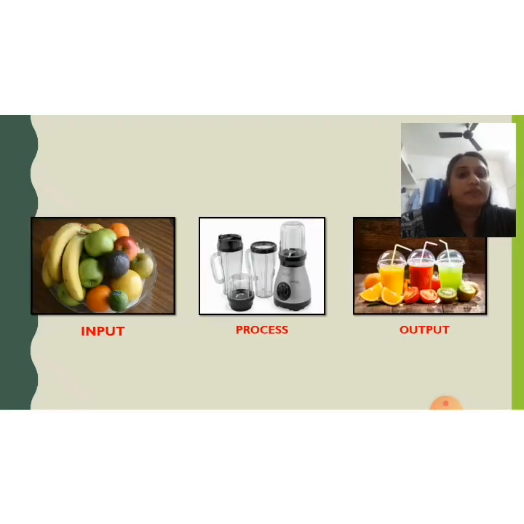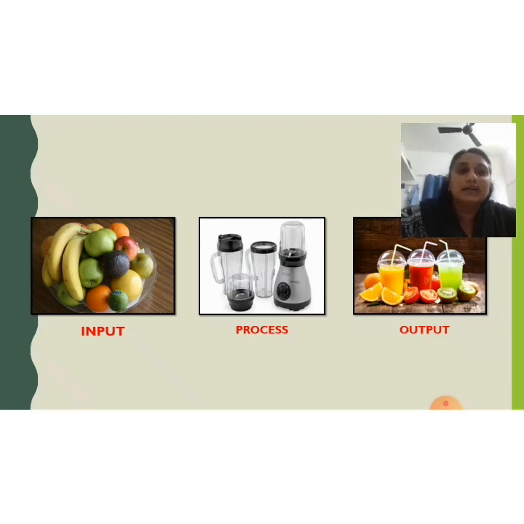See this picture. The first picture shows a bowl full of fruits. The second picture, a mixer grinder. The third picture is the complete step, a cup of juice. Okay, on seeing these pictures, can anyone tell me what it is? Okay, so in the first picture we have taken full fruits, and those fruits are put in the mixer grinder and we are grinding, and finally we are getting